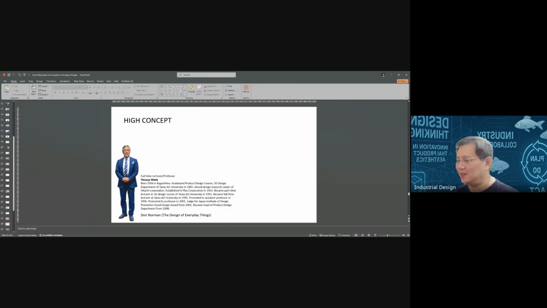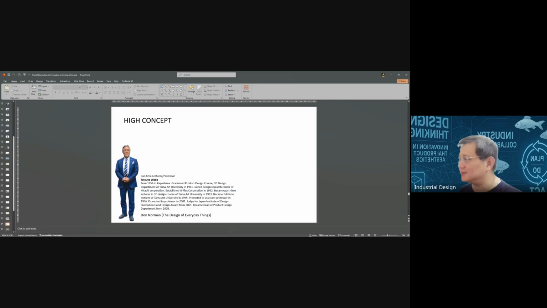We use D mark, the same function with G mark. We give the D mark every year for the good design product in Thailand. Okay. And Professor Wada,